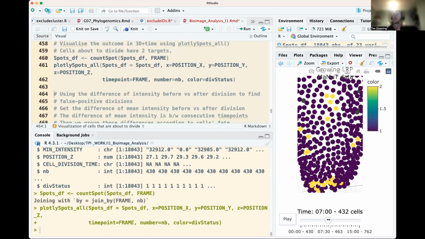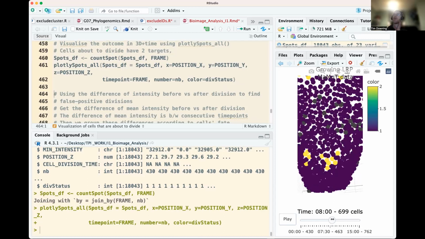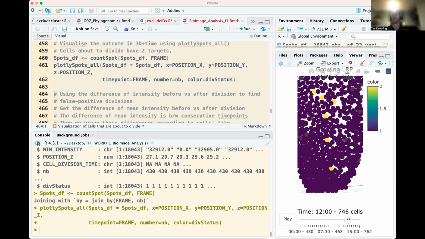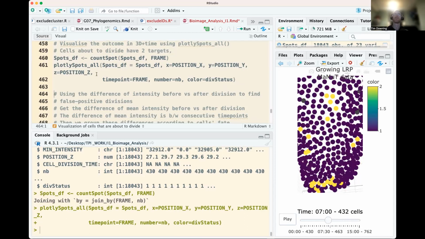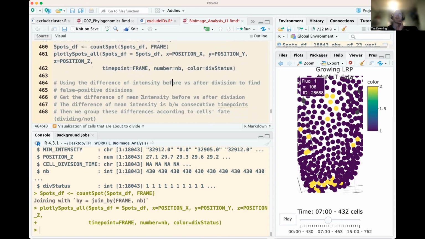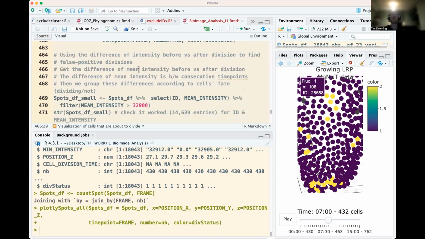Around now at 730, we see high fluorescence and high rates of cell division that are different from the other parts. What we can do is compare the difference of the intensities before and after cell division to find false positives. So we get the mean. We're going to get the difference of the mean intensity before versus after division, and then look at the difference of the mean intensity between consecutive time points, and group these differences according to